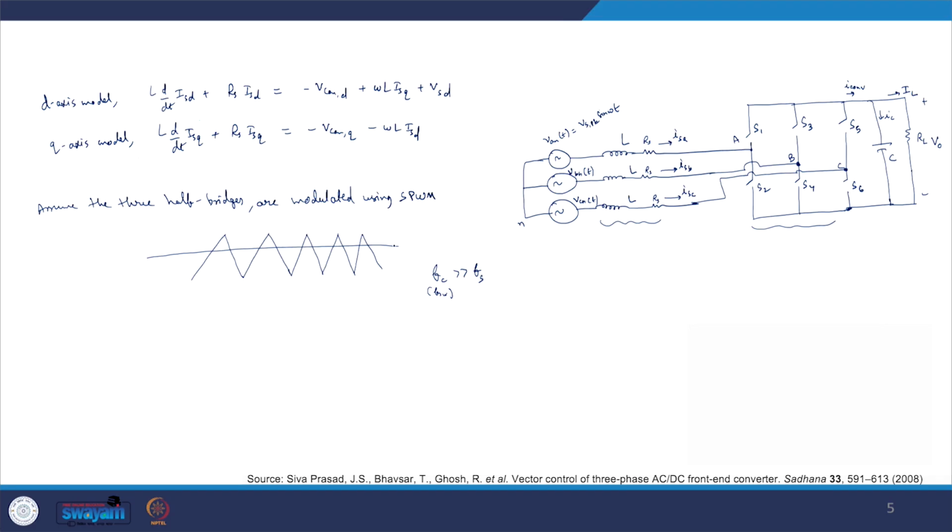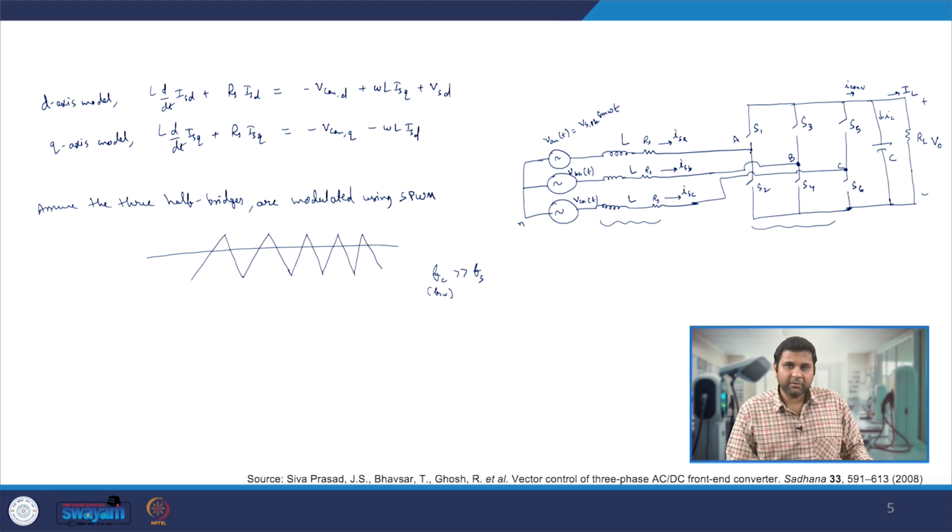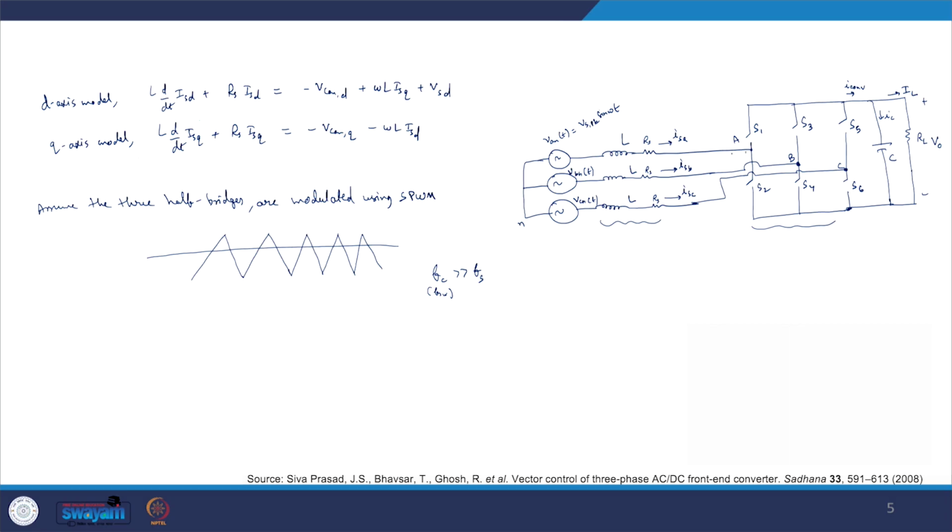Now assume you have done the closed loop control. If you wanted to change this ISA, ISB, ISC, you can only change, because see, this side VAN, VBN, VCN are constant. So you can only change the voltages which are appearing at the output of the half bridges in an average sense, in one cycle period. Now how can you change the output from these half bridges? We are doing the averaging over the switching period, that means over the carrier cycle period. So now when we are doing the averaging of that, then we can change that average variation by changing this.